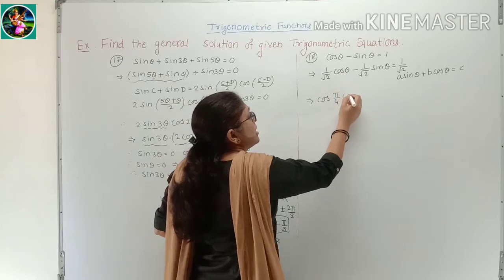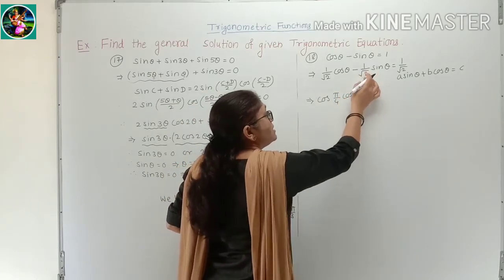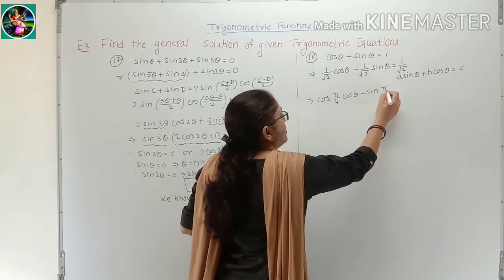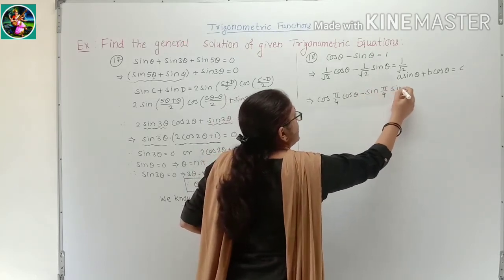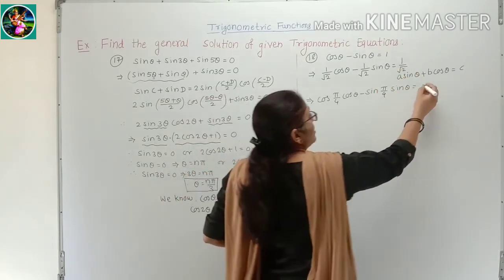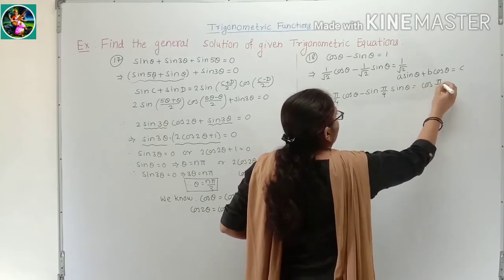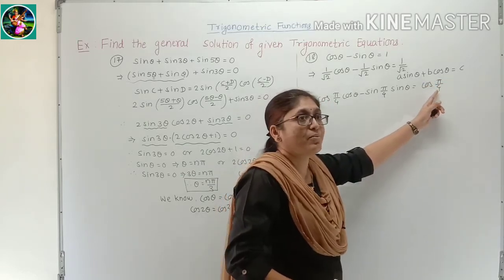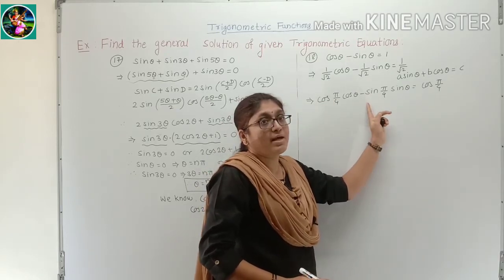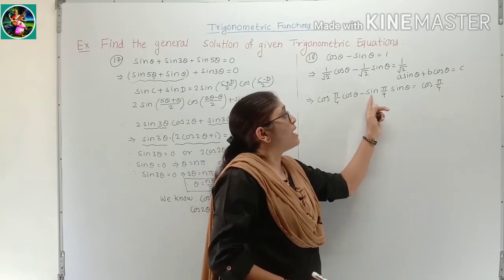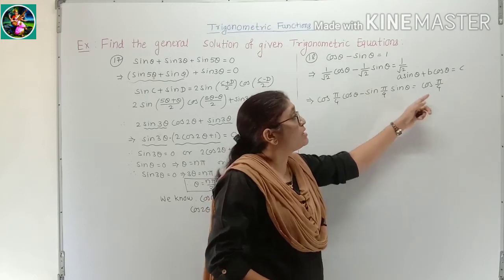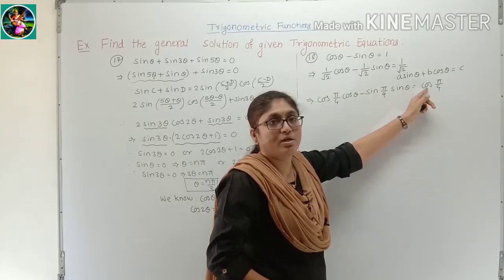Okay, that cos theta as it is minus this, instead of 1 upon square root of 2, here we write sin of pi by 4. This sin theta as it is, and in the right hand side we write 1 upon root 2 is equal to cos of pi by 4. Why do we write here cos of pi by 4? Here in the left hand side we get the formula of cos of a plus b. Here cos a cos b minus sin a sin b is the formula for cos of a plus b. Therefore, here we take the trigonometric ratio of cos.